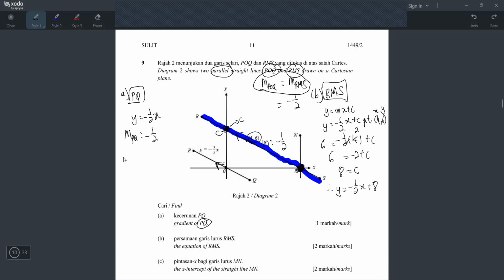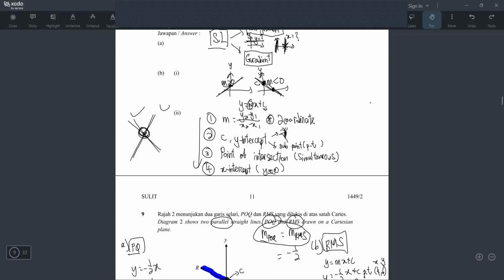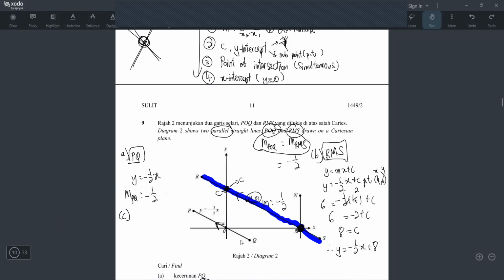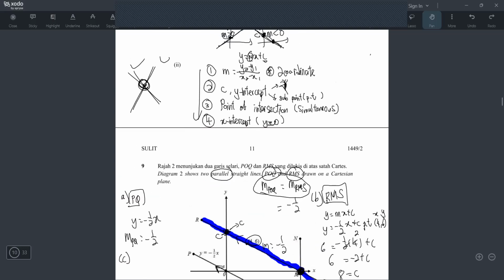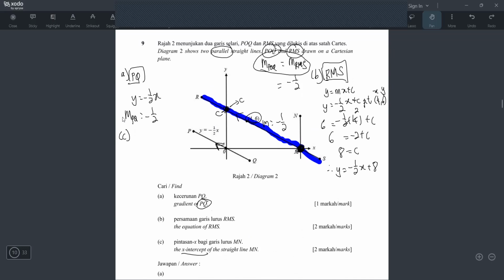Alright, finally I will do my c here. Question c says what? Find the x-intercept. Okay, tak payah fikir lah. X-intercept, look at my nota. My nota says x-intercept buat apa? y equals 0. But you have to read the question also lah, because you don't know which line. Maybe they want this line punya x-intercept, maybe they want this other line. So kita tak tahu which line, right? But we already know, confirm later I have to ganti y equals 0. Confirm. Because x-intercept memang satu saja cara, ganti y equals 0.